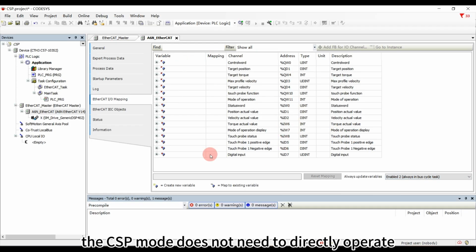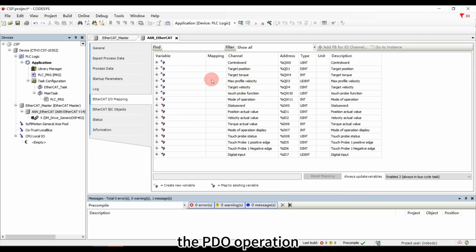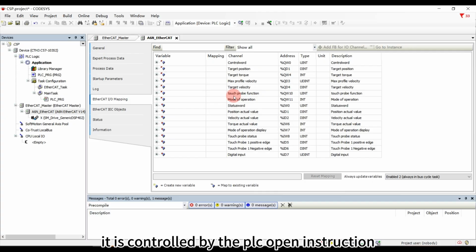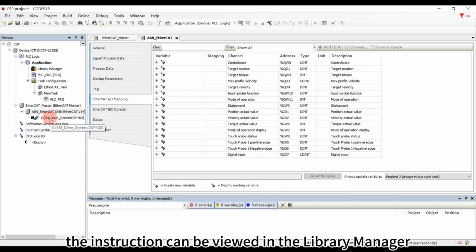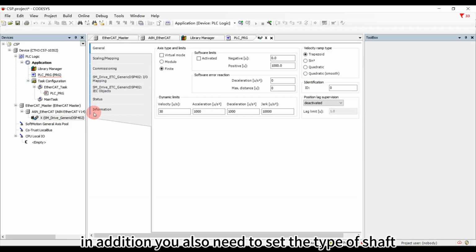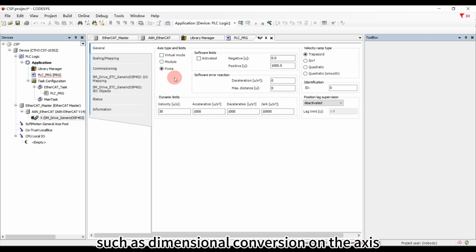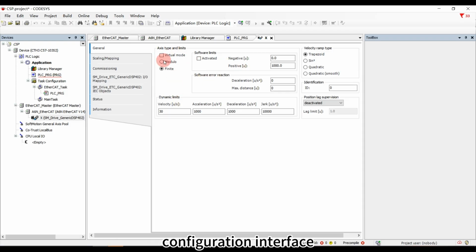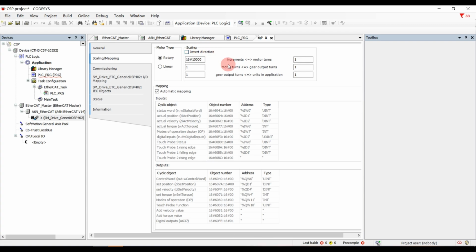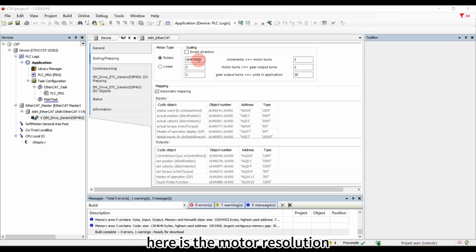The CSP mode does not need to directly operate the PDO. It is controlled by the PLCopen instructions. The instructions can be viewed in the library manager. In addition, you also need to set the type of axis and parameters such as dimensional conversion in the axis configuration interface. Here is the motor resolution,